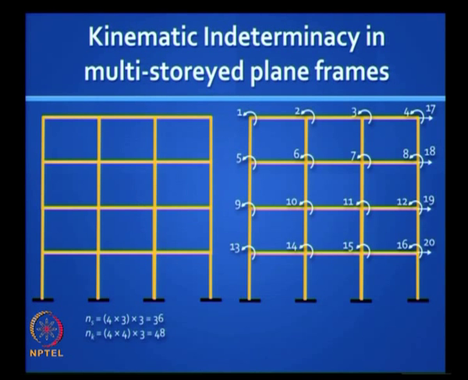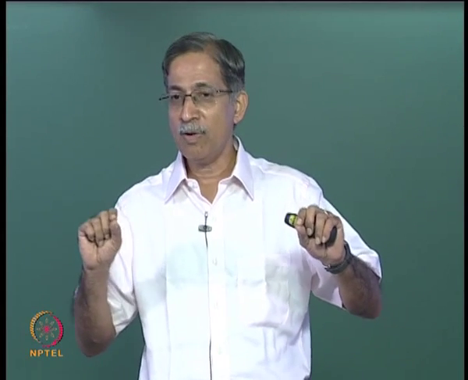Normally our buildings do not look that funny, you do not have inclined columns, you do not have inclined beams, you have frames which are called reticulated frames, made up of rectangles, where your life is made easier. And if you say axial deformations are negligible, then you have only one rotational unknown at every joint and one sway degree in every floor, right? Why only one sway degree in every floor? Because all the joints in that floor will move like a rigid body,